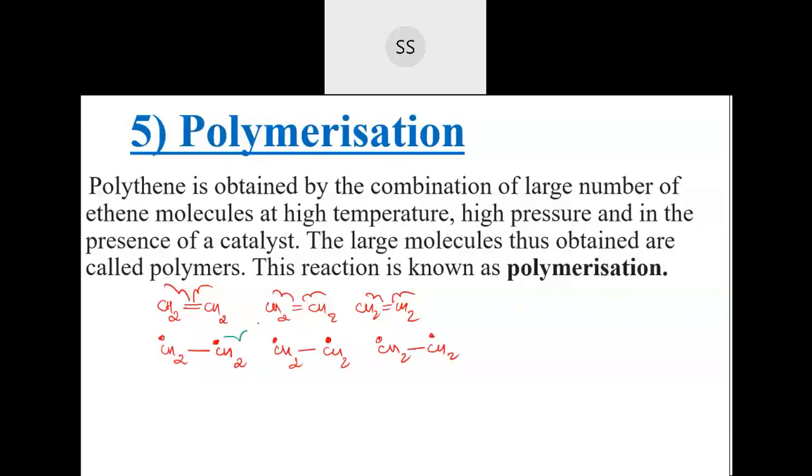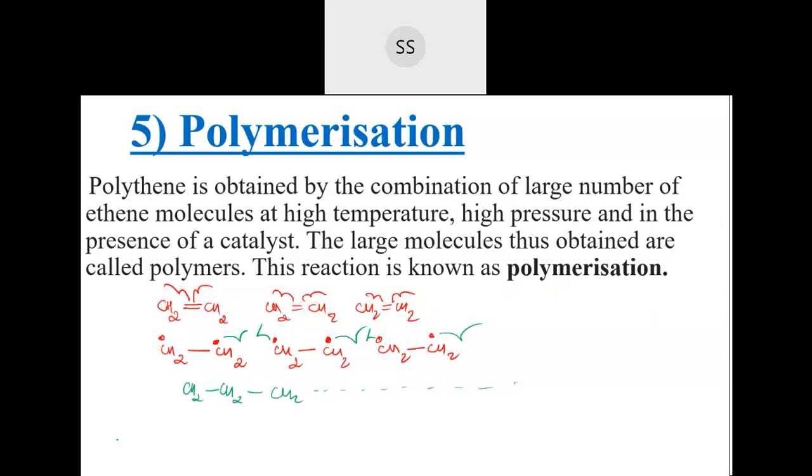See, this one and this one will combine together. This and this one will combine together. This will combine with another one. Okay, so like that they form a long chain. But see, now millions of molecules will combine. So you can't write a big chain. You can't keep writing like this, CH2, CH2, CH2, like this. You will get a big chain. Okay, so what we try to do is we condense and write them.